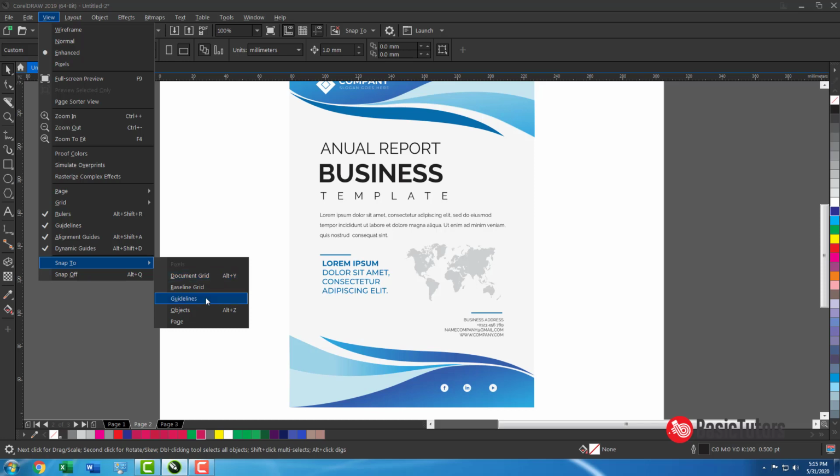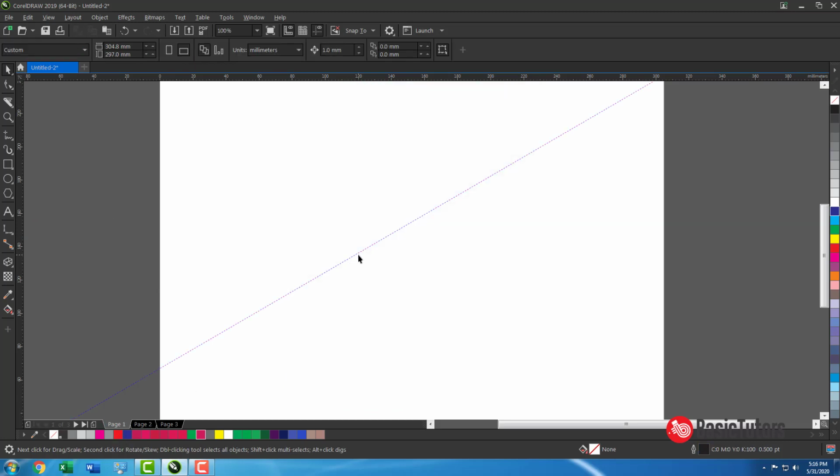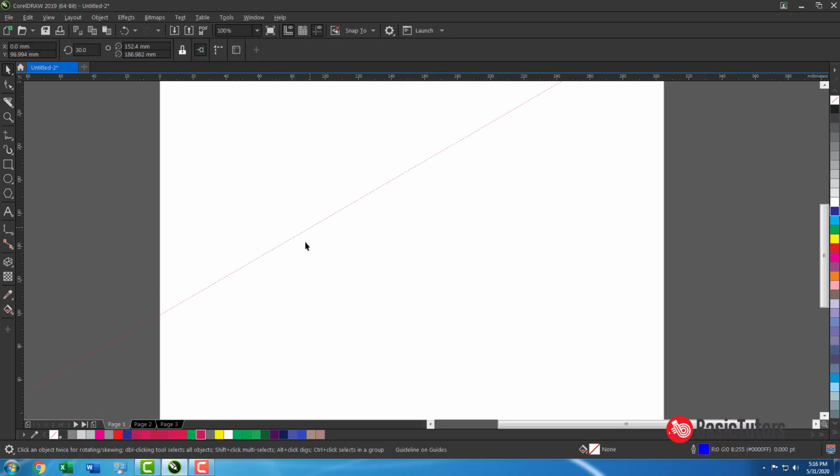Guidelines, for example, if you select snap to guideline. And for example, you can rotate guides. This is an important thing in CorelDRAW. You can rotate guides, and also you can duplicate guides. Okay, fine.